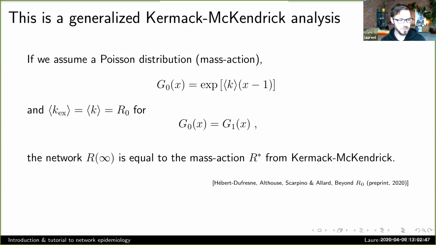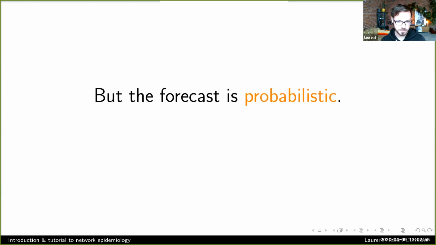Again, the idea is to not use stuff that you don't know in your model. But it's nice to have this hierarchy of potential analysis to leverage. The key difference is that R infinity is connected to Kermack-McKendrick, but this model also tells us what might happen if the disease doesn't get out of hand. Right? So we get a full probabilistic forecast of different outbreak sizes.